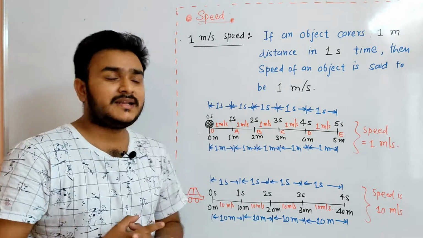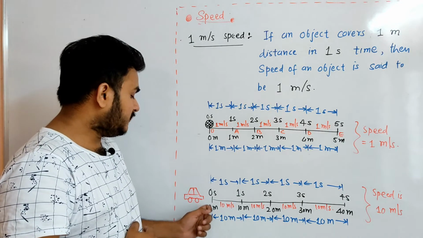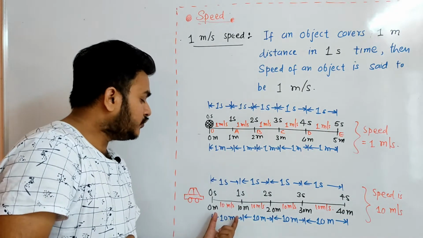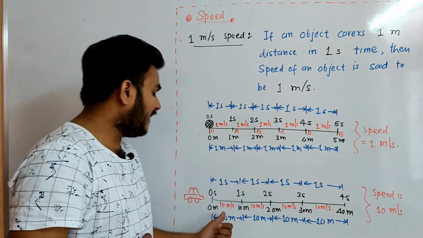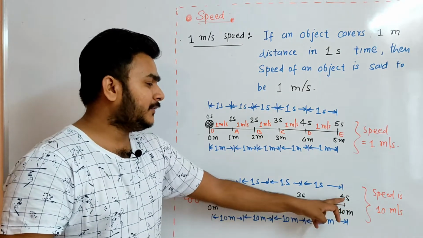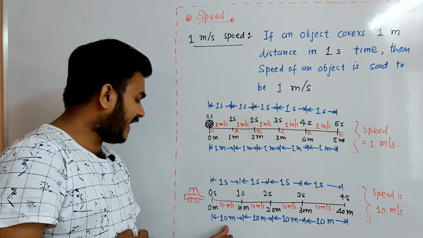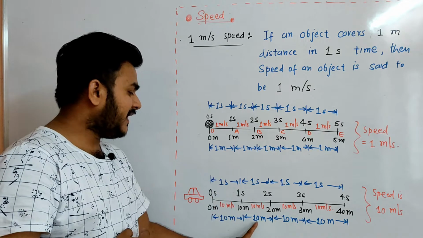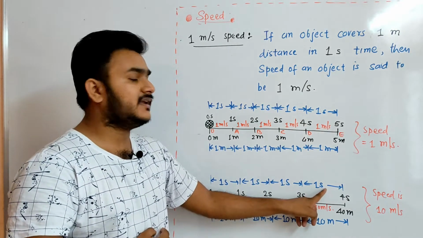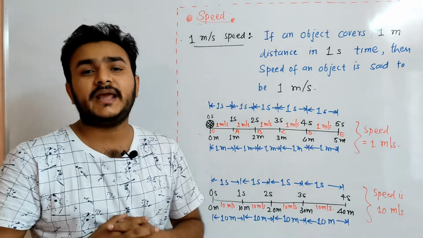To understand this in detail, let us take the example of car motion from this point to this point. The car is covering a total of 40 meter distance. I have shown the sections of the distance covered: 10 meter, 10 meter, 10 meter, 10 meter. In order to cover that 40 meter, if the car takes a total of 4 seconds, then each section of 10 meter is covered in 1 second, the next 10 meter in the next 1 second, the next 10 meter in the next 1 second, and the next 10 meter in the next 1 second. So if you calculate the speed of the car, it comes out to 10 meter per second.